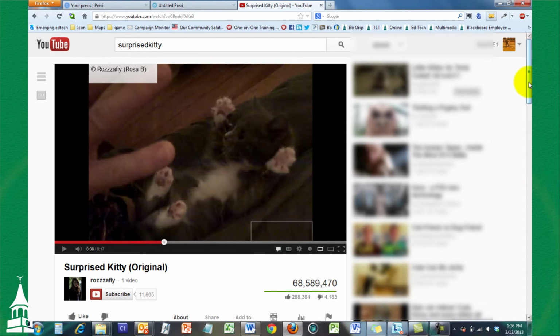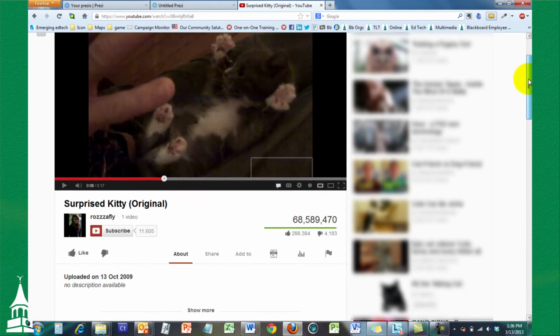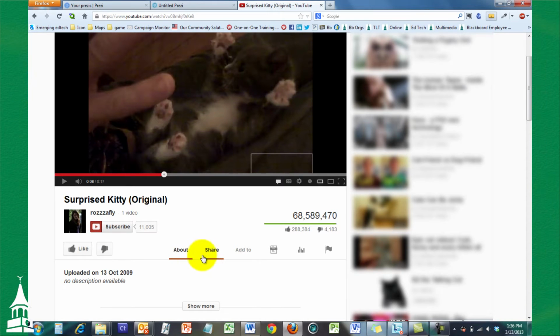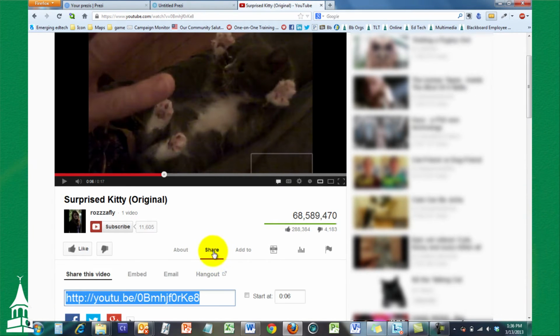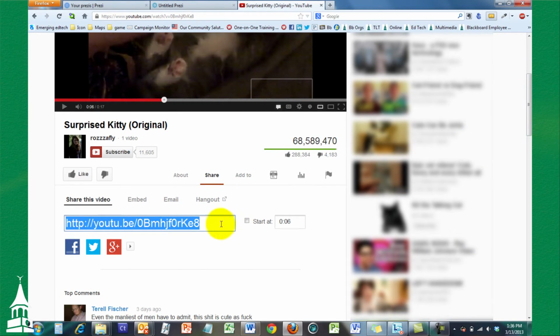So to get the link to the video, you have to first find the video that you want to embed, and then if you scroll down beneath the video, you have this share button. So you click on that, and now underneath I have this link which is highlighted. So I'm going to copy that,